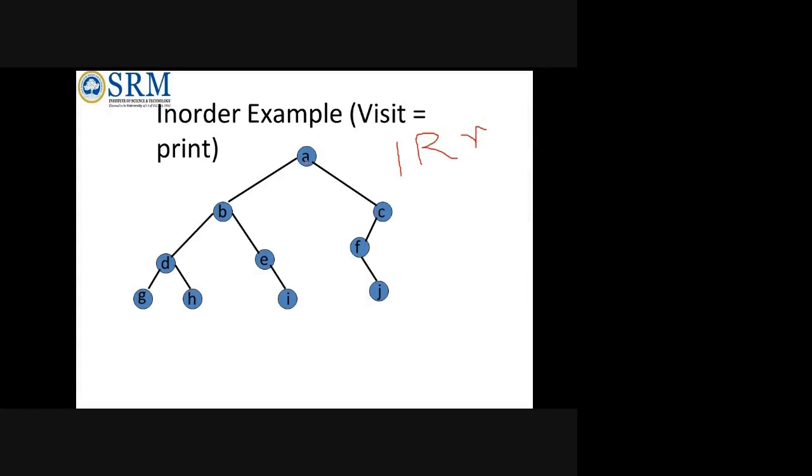So when it comes to A, it will check it has a left and right node. Then again it will come here to print. It will think that we can print B, but when it comes to B again, it becomes a recursion. It has a subtree. So again it will see it has a left and a right tree. Then it will think to print D, but again it has a subtree. So it will come to G. Once again it will check in G whether it has a left and right, but no left and right. So it will print G first, because the left node is the first. So in order it will go towards the left end, and that only will be printed first.